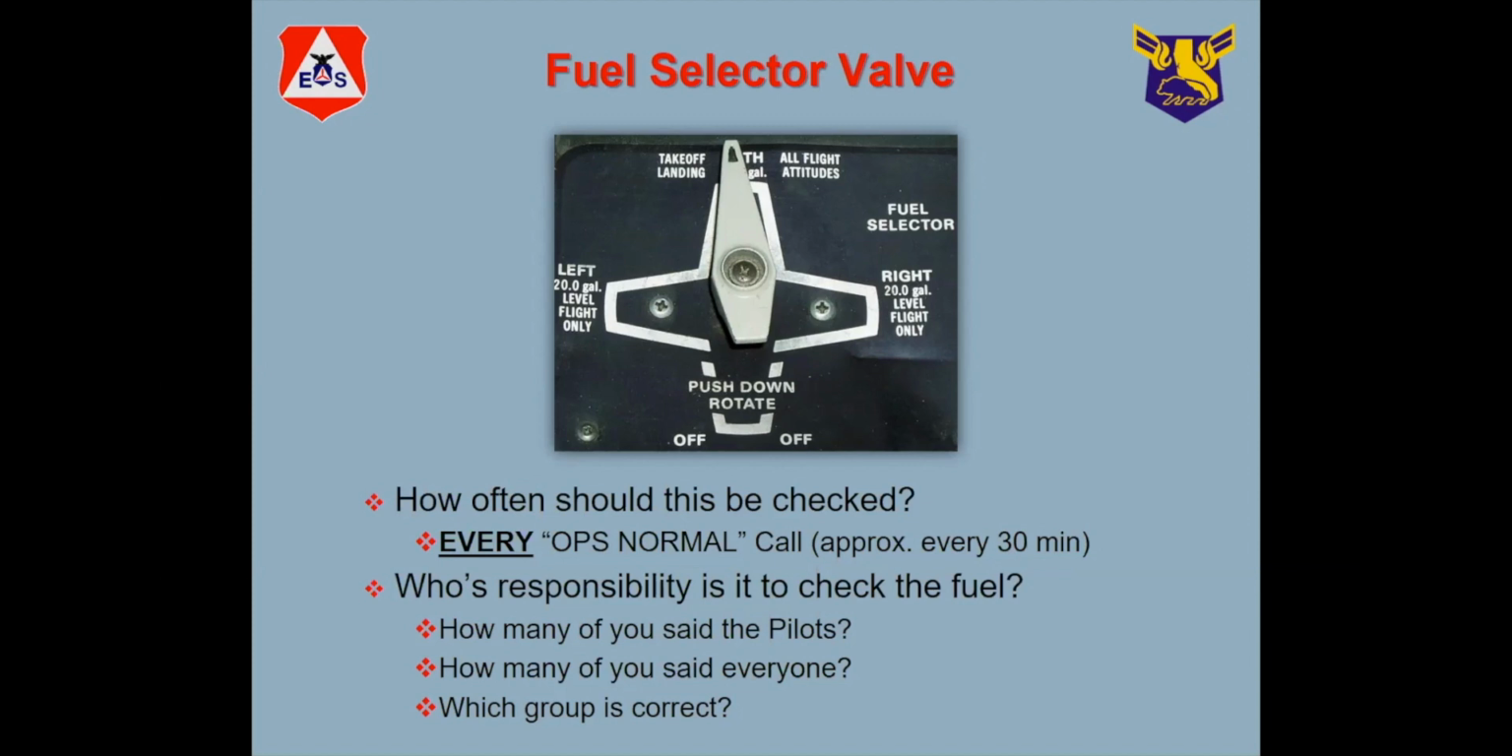So you want to check and make sure that that doesn't get displaced inadvertently during the course of the flight. So it's suggested, as here, every time we report an ops normal, which should be about every 30 minutes. And whose responsibility is it to check? It's the pilot, it's the observer, and it's the scanners. The scanners can see it often very well because they're in the back seat and they can see if it gets dislodged. So it's a crew responsibility, and so we should have that as a normal thing of our checklist